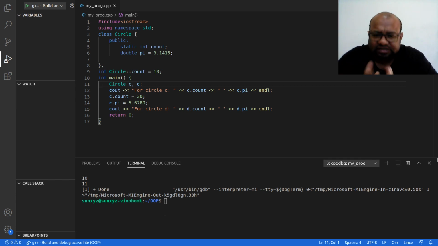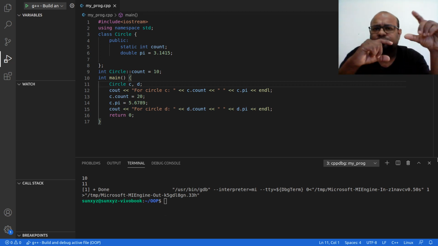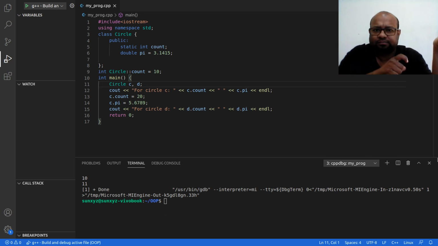This static data attribute count is going to be allocated memory in data segment. There is going to be only one copy of count in data segment, and both these objects are going to share that copy.